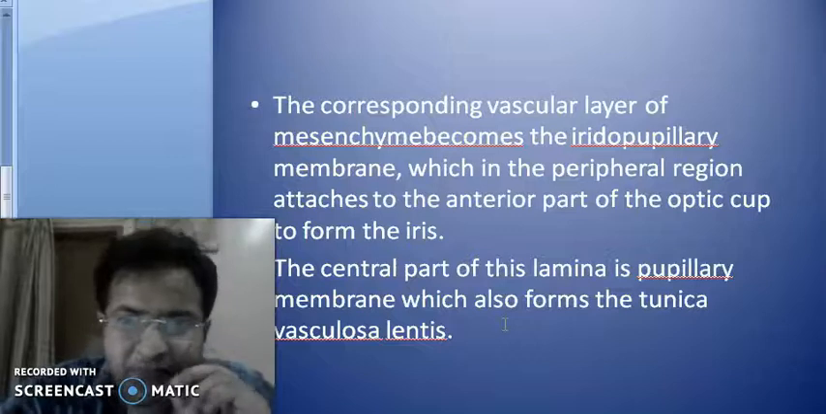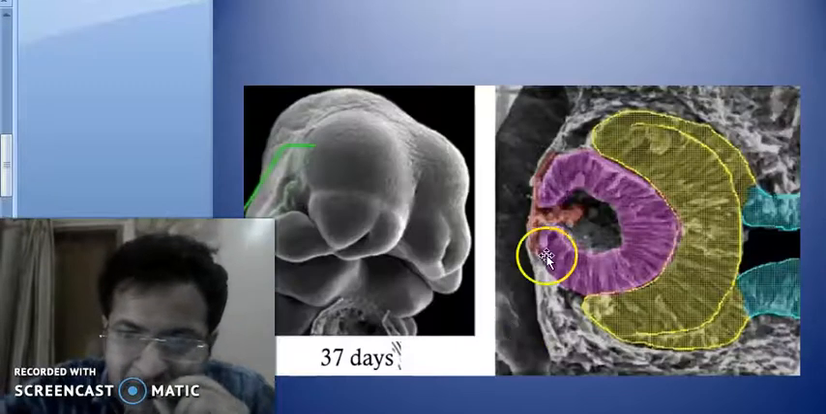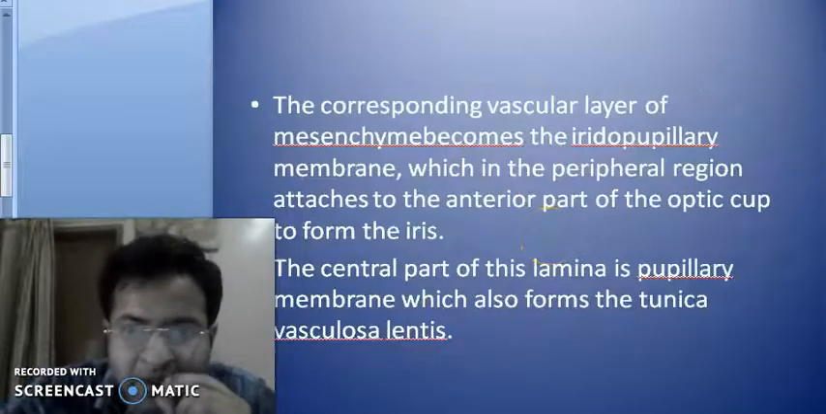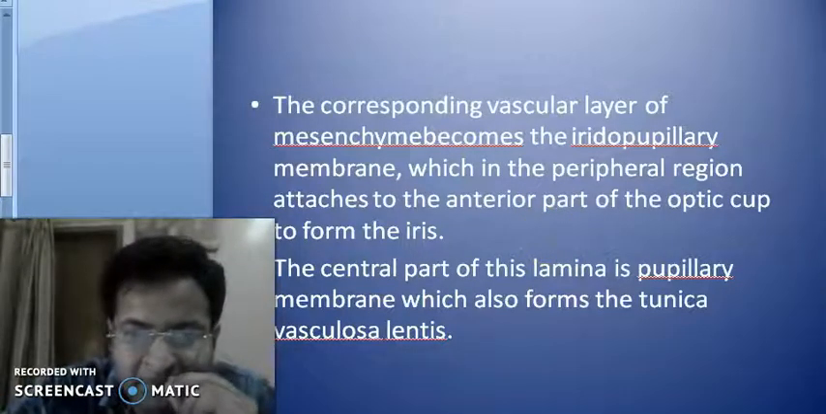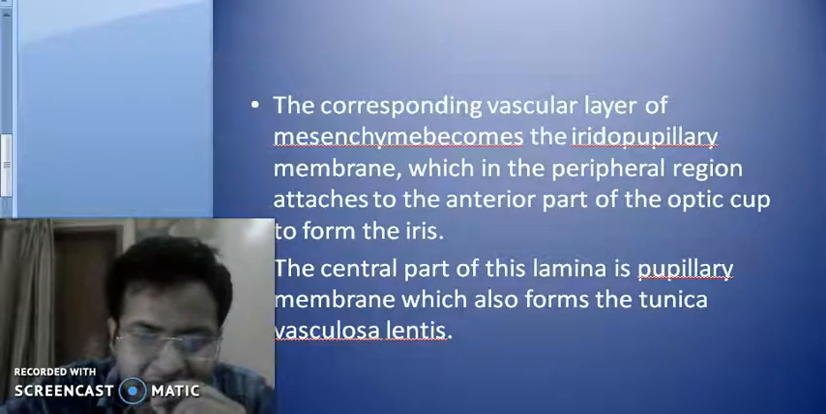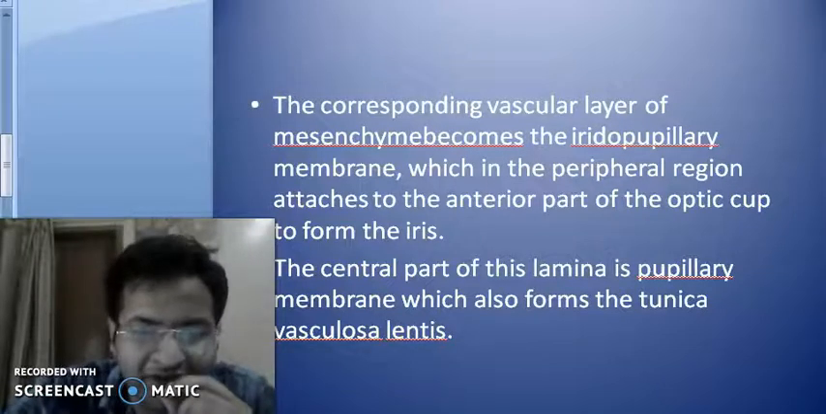Now the corresponding vascular layer of the mesenchyme here. The fibrous layer of the mesenchyme here forms the cornea. The vascular layer of the mesenchyme here, what does it form? It forms the iridopupillary membrane, which in the peripheral region attaches to the interior part of the optic cup to form the iris. And the central part of this lamina is the pupillary membrane, which also forms the tunica vasculosa